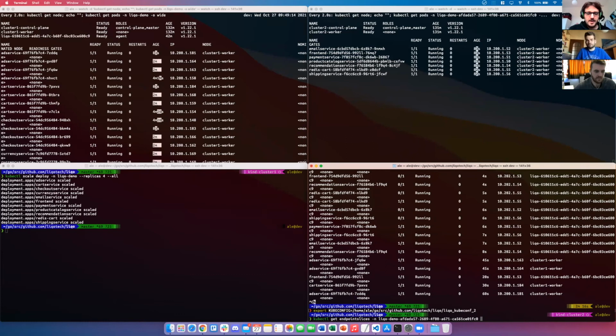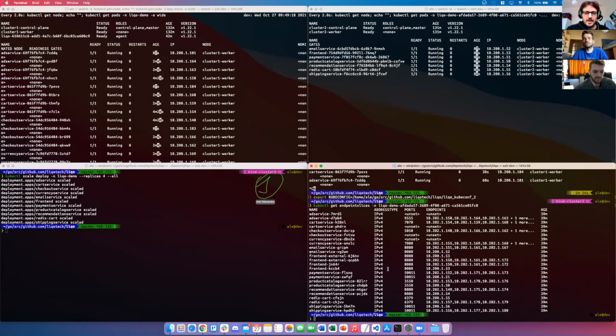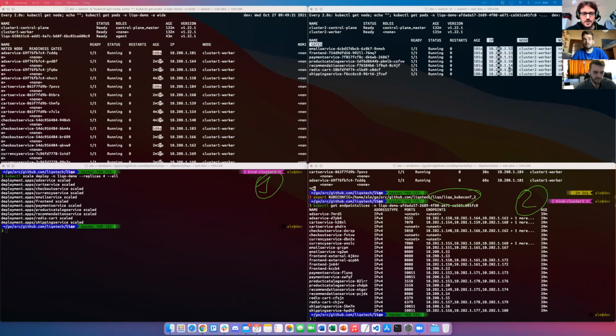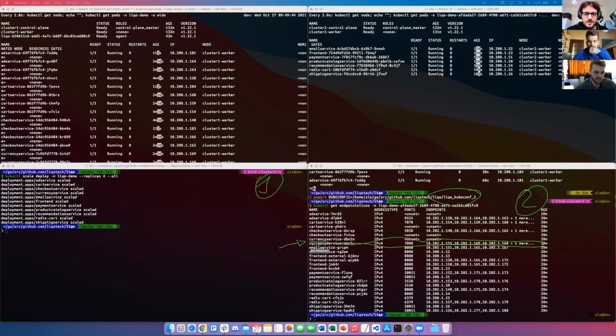Services that are in cluster 1 are available in cluster 2 in the twin namespaces. Here we are back in cluster 2. We changed the kubeconfig, and now we can see that for each service we have not only the replicas locally available on cluster 2, but also the list of pods which are available on cluster 1. For example, that one. Those are pods available on cluster 1. So Liqo keeps track of those replicas, and you have all the endpoints available for your application across the different clusters.